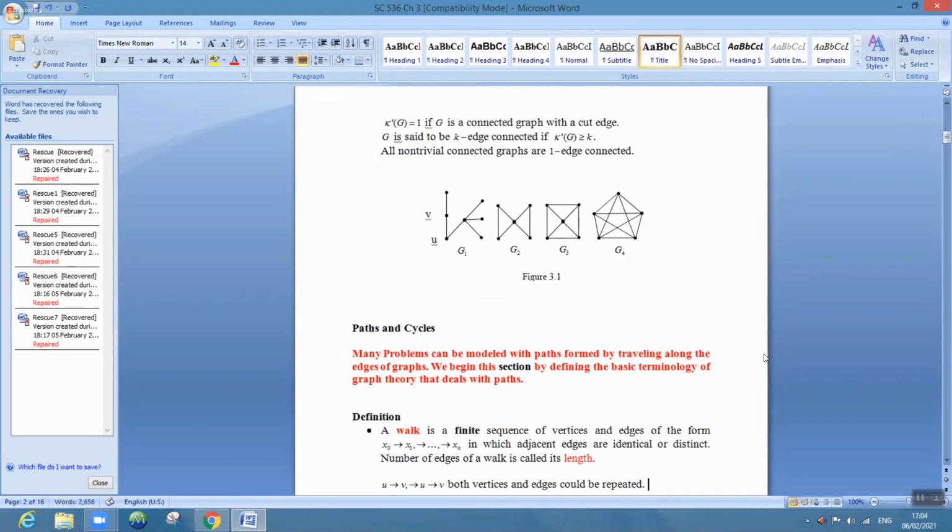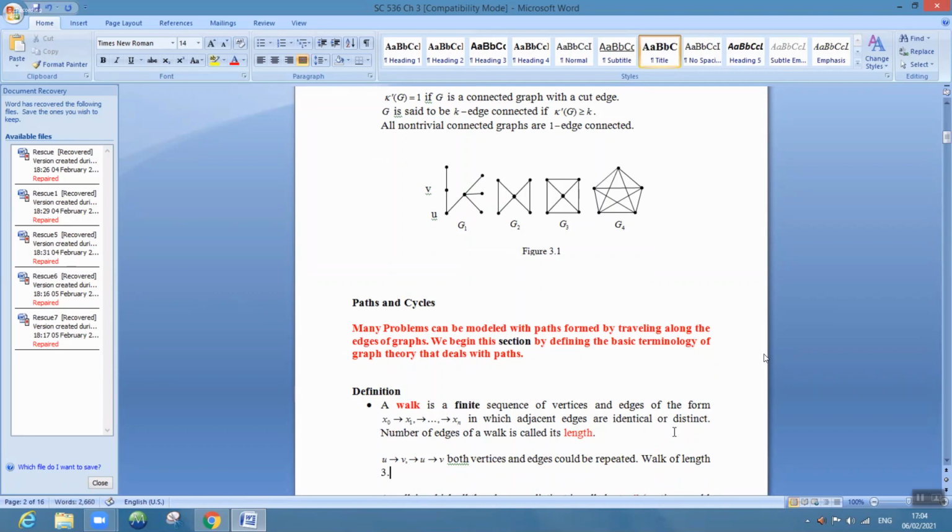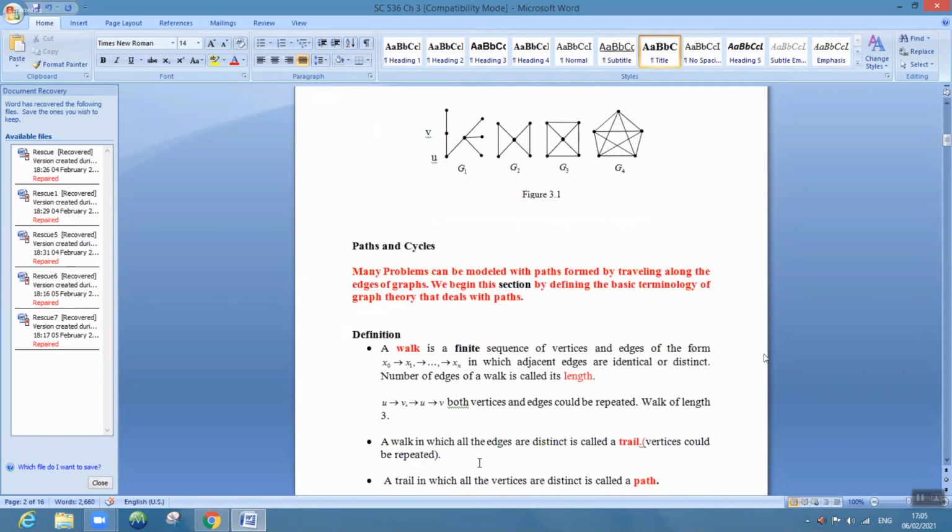So this is a walk of length. It's a walk of length, because this has the edges. U goes to V goes to U again. Same edge you can repeat, and write 1,000 times when the length is 1,000. The walk is the most general. Here, when you write this one, you have to identify that this edge, the UV edge, is repeated, and vertices are repeated. You can see vertices repeated because the same labeling is there.